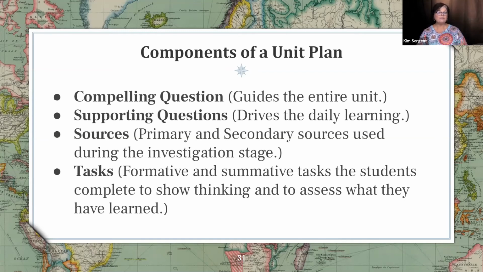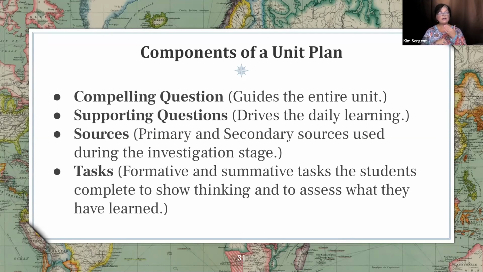They're both formative and summative. Every day or every other day, as you question your kids and you work with them on that supporting question, there will be a formative assessment that they do. And guess what? That formative assessment is the supporting question for that day. If your kids are able to answer that question that you've been teaching on for 1 to 3 days, that is their formative. They will also have discussion and organizational tasks that they'll do.